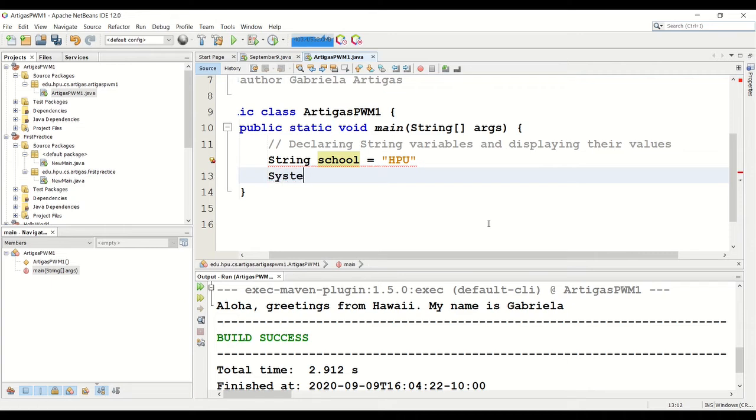So we're going to do system.out.print, open parentheses, and let's say school, and then a semicolon, and then system.out.print line,